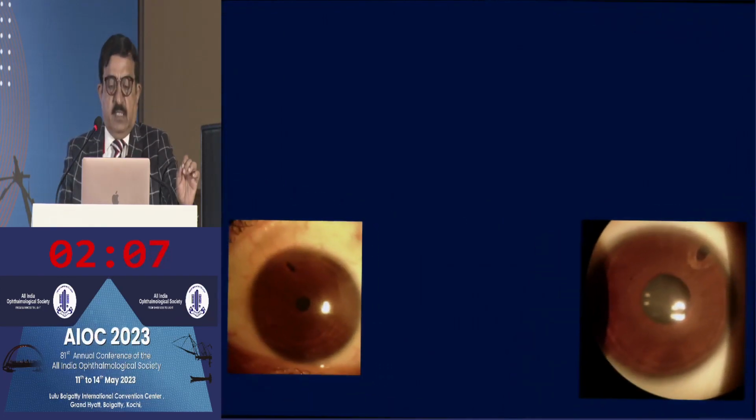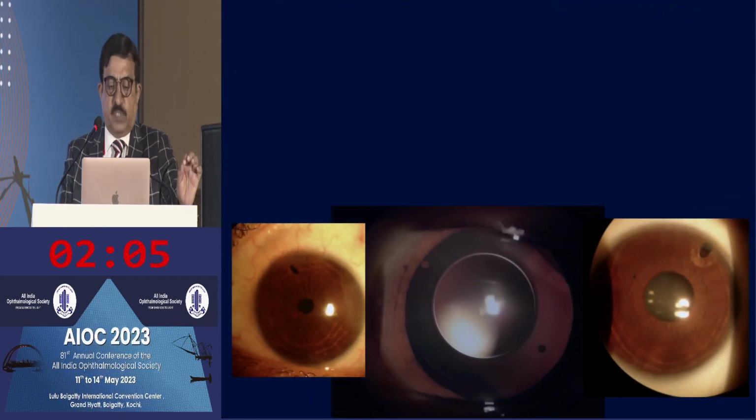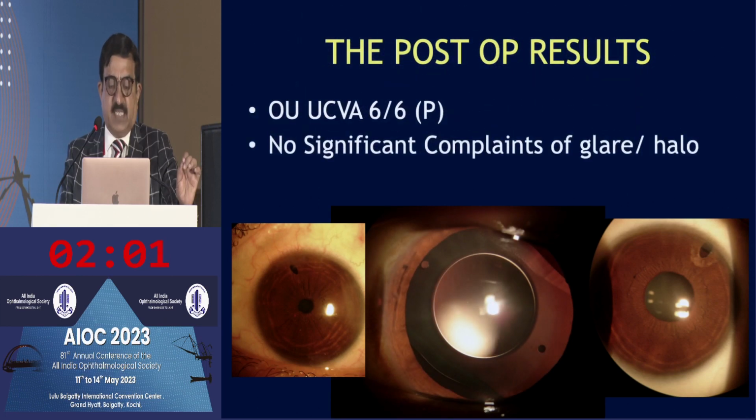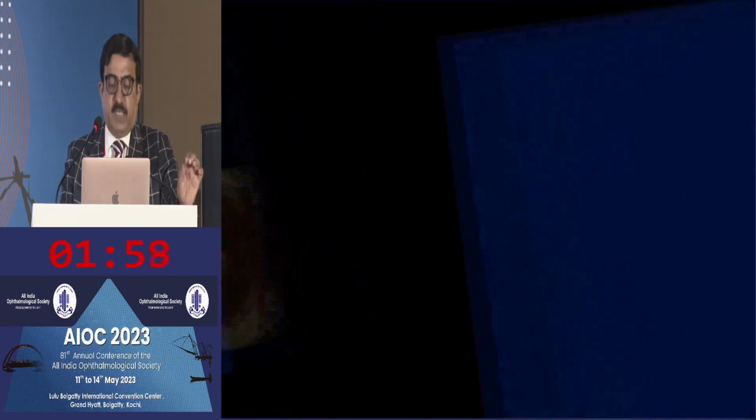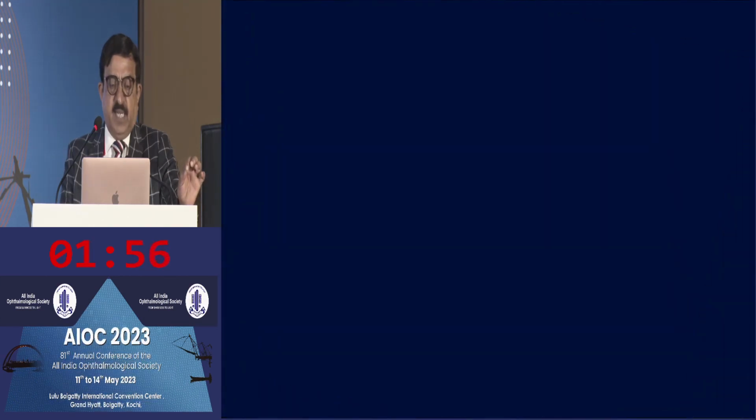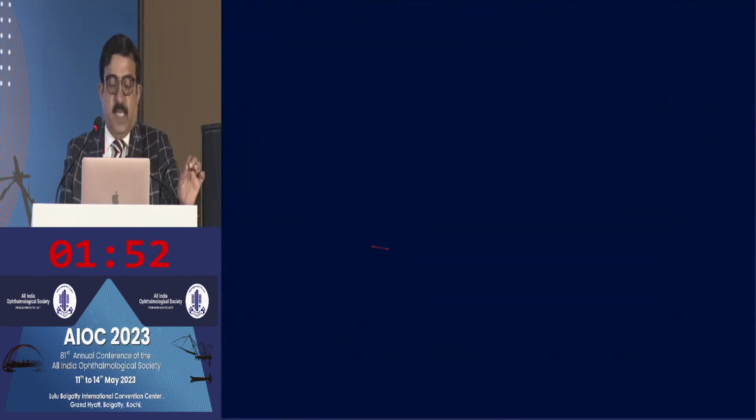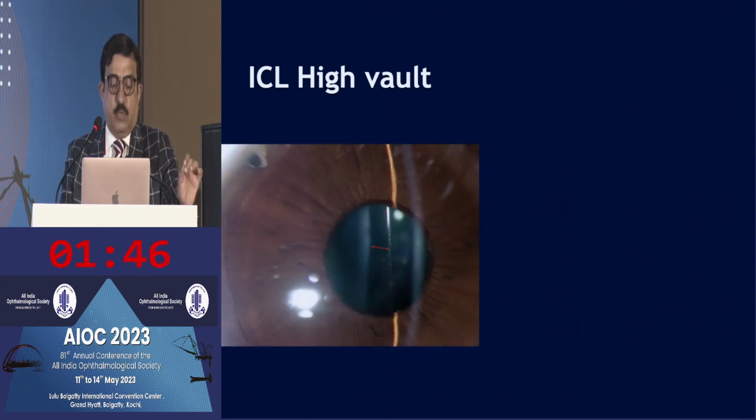And these are a few slides just to show that if the PI has to be done, it has a very peripheral PI, but a large and a patent PI as such, which we usually do not do anymore. Now, if there is a high vault of the ICL, and this has to be taken into account,